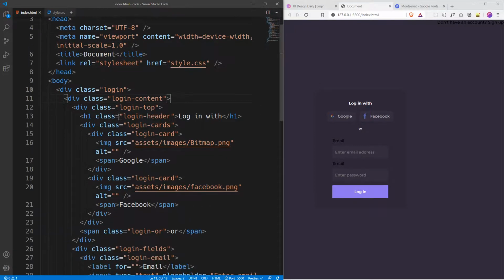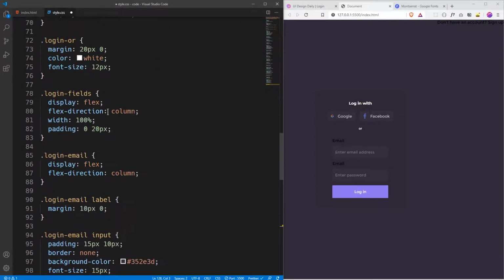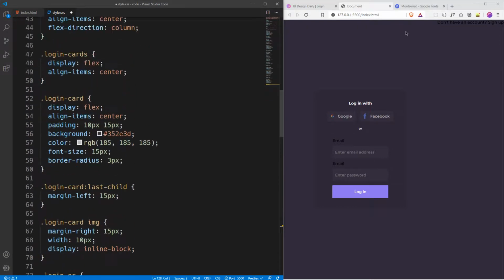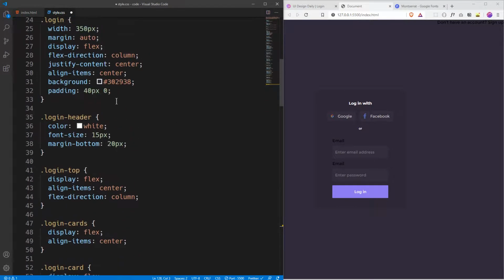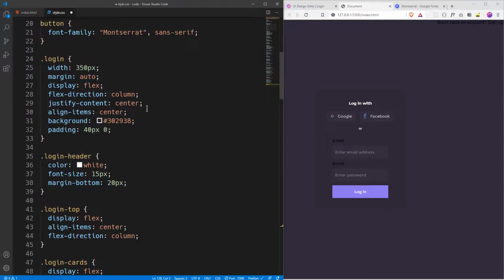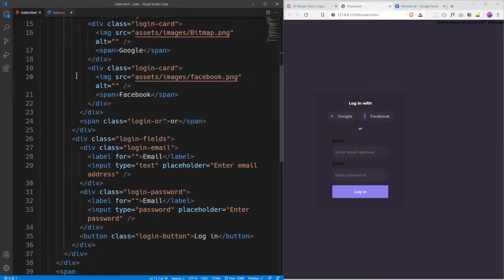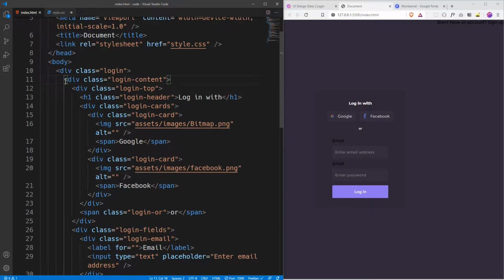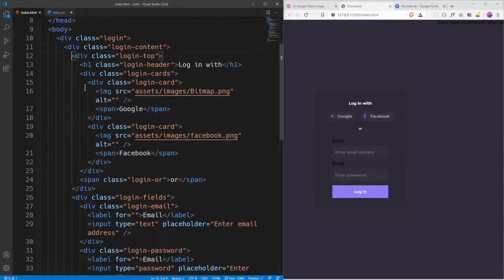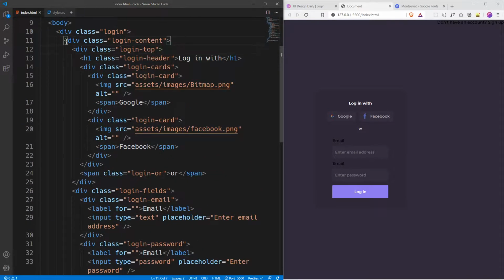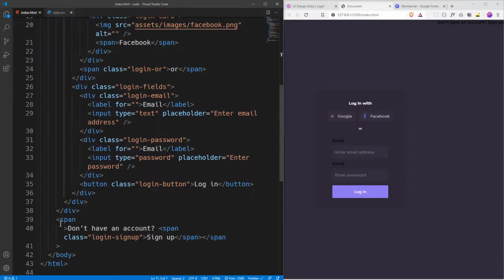this kind of stuff. There's a problem with the login display flex, because it's flexing both of this, but we don't want that. For login display flex, and there's one display flex, and there's another inside the login content. So the login content finishes right there, and there's another div right here, a span. Okay,